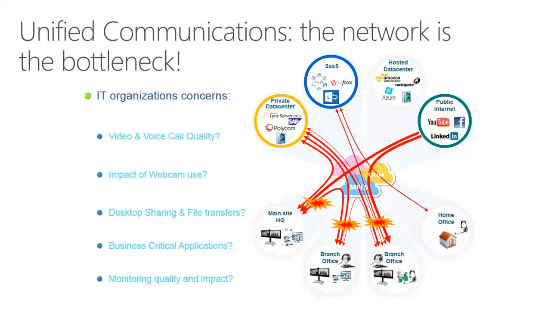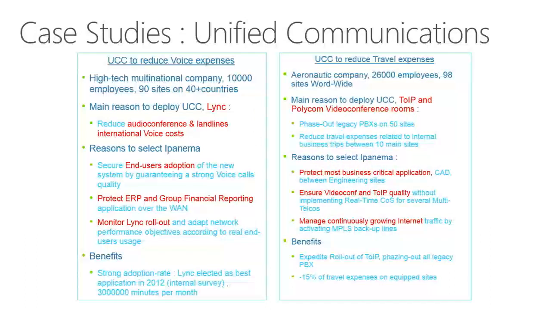So while UC has to work, I think it's fair to say we also have to protect those key business applications of ERP and CRM and so on. And not only during the rollout of the Lync applications, but also beyond that, we want to be able to ensure that we get a good take-up, that people are happy with the service that's delivered. And ultimately, we want to manage and monitor the performance both of UC and of those existing business applications. So now I've just got a couple of case studies of people who've actually taken the structured approach to rolling out unified communications into an existing network.